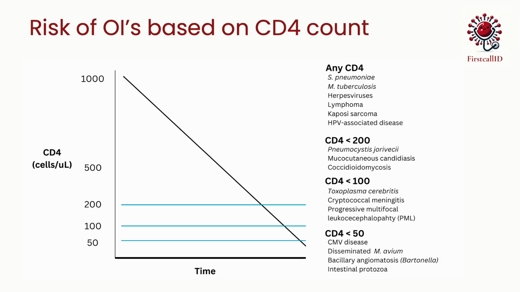At or around 200 or below, patients are at increased risk of pneumocystis pneumonia, mucocutaneous candidiasis, and in certain epidemiological settings, coccidioidomycosis. And then under 100, we have a higher suspicion for things like toxoplasma, cryptococcal disease, and PML. And under 50, classically, we'll be more concerned about CMV disease, and disseminated Mycobacterium avium, which can have an array